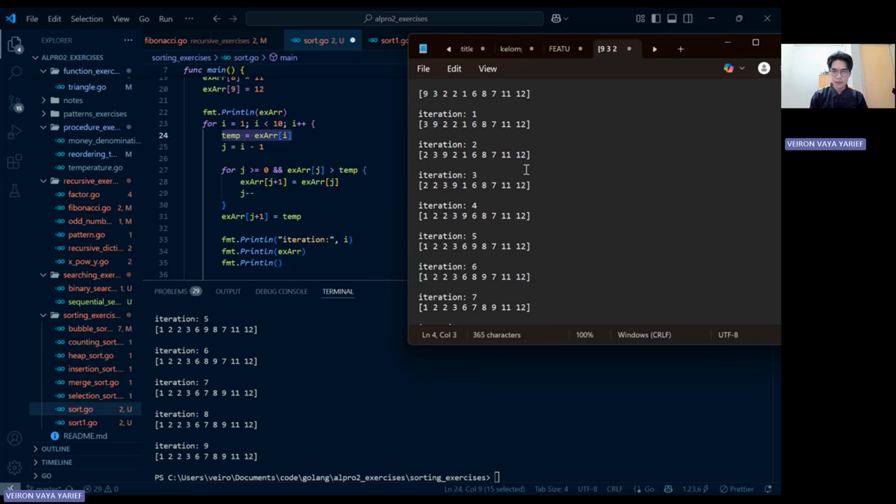After that, we compare it with 3. Our current index is index 2, and we overwrite with 3 because 3 is larger. We have 3, 2, and now, because we get to our last iteration, we stop and override it with our temporary. It gets 2, 3, 9, okay?